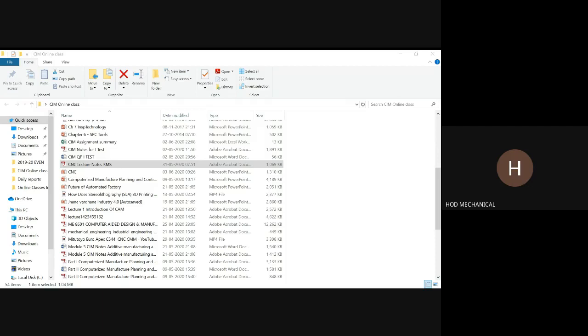Then R is the arc radius, the arc center radius to be used in circular interpolation. F is the feed rate, S is the spindle speed. And the T function is what we use to specify the tool. Just observe the T function is specified with this type of characteristics. T is the tool select, followed by a number, which indicates which tool number you are selecting from the ATC. It may be any number depending upon the number of tools that the ATC can handle.